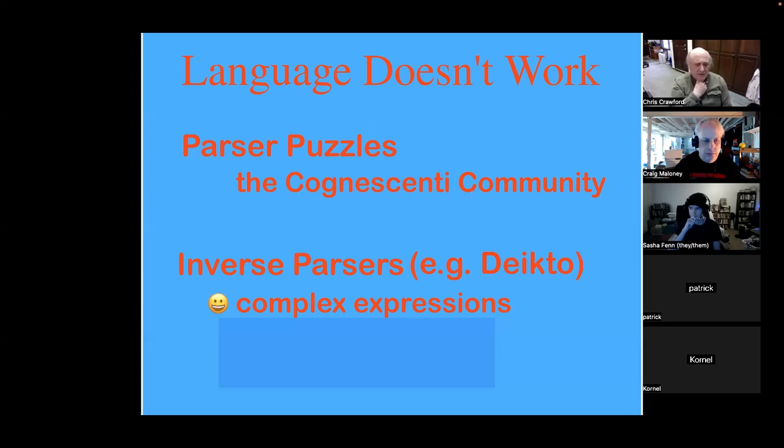And they were doing it with menus, but it was still fundamentally an inverse parser. Now, I took the idea much, much further and developed it into Dicto, which is an extremely powerful inverse parser system, but it has its own flaws. Now, the greatest strength of Dicto is that it permits complex